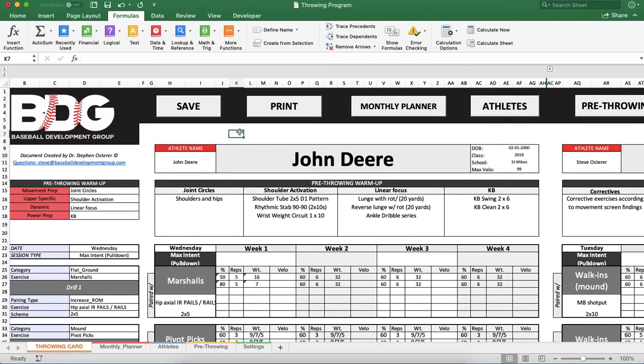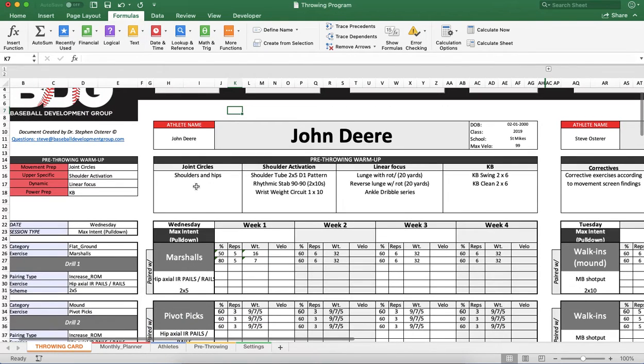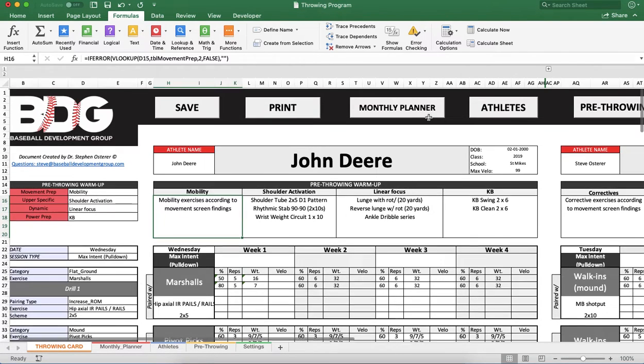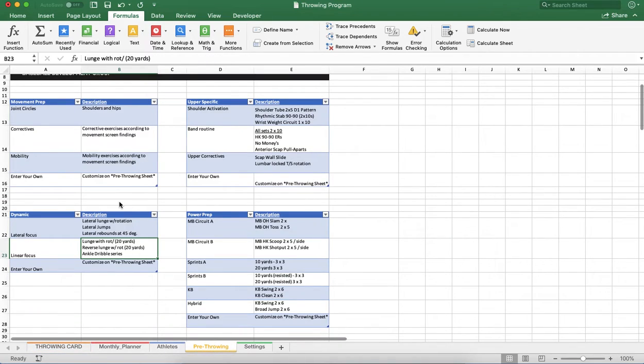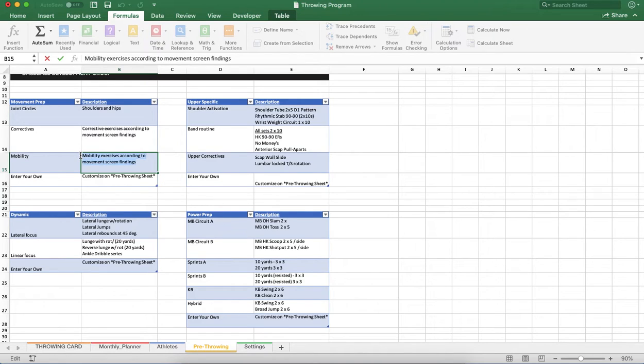So what we can do then, obviously, is scroll down and work on our pre-throwing warm-up. So for us, let's say our movement prep, the way that we do it is controlled articular rotations or joint circles. We can select that, or we can select maybe mobility work. And the box will pop up depending on what you want to put in there, right? So if for mobility specifically we want to change that, we will go to the pre-throwing tab. You can also click pre-throwing up here. We'll go to the pre-throwing tab, and we'll change the mobility from mobility exercise according to movement screen findings to